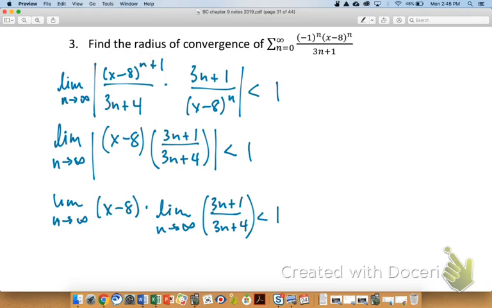So what is the limit of the right factor, the one on the right? 1. Yeah, 3 over 3. You could do L'Hopital's rule, or you could just do it in your head. I'm okay with that. But then what's the limit as n goes towards infinity of x minus 8? Yeah, there's no n for the limit to do anything to. So this would just end up being,